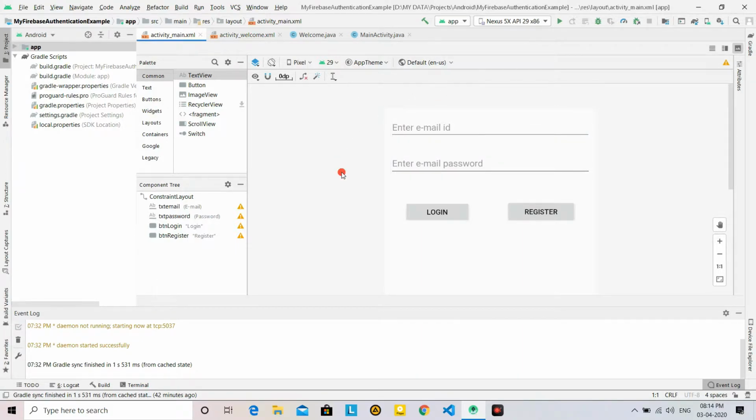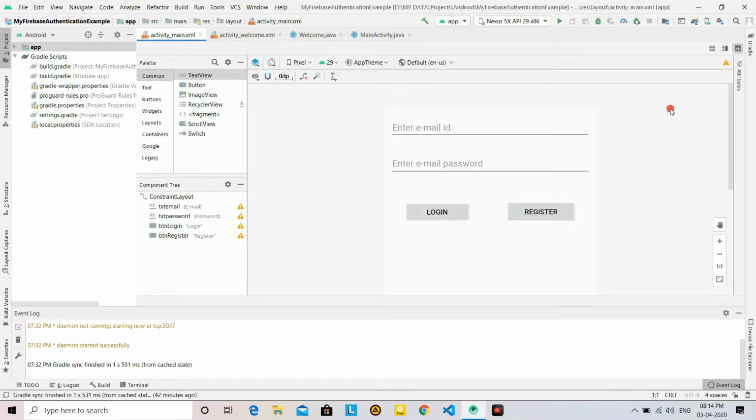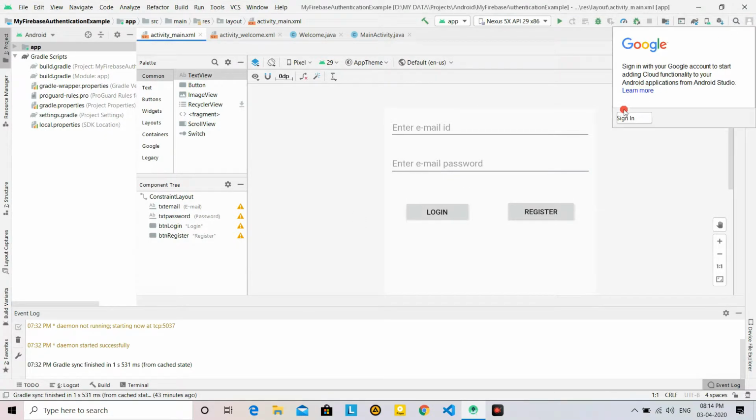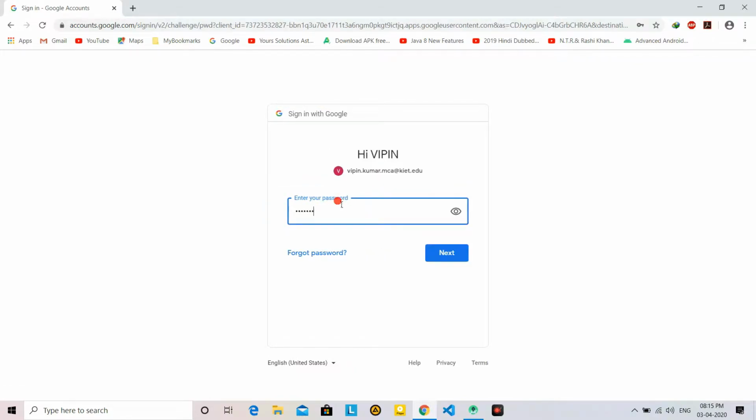So let us start. First of all you have to make a login here. I have already logged in. In the corner we have an authentication button. I am already logged in, but I sign out and sign in again, because it is a must, otherwise it generates some error. So I just sign in again with my account and give the password.